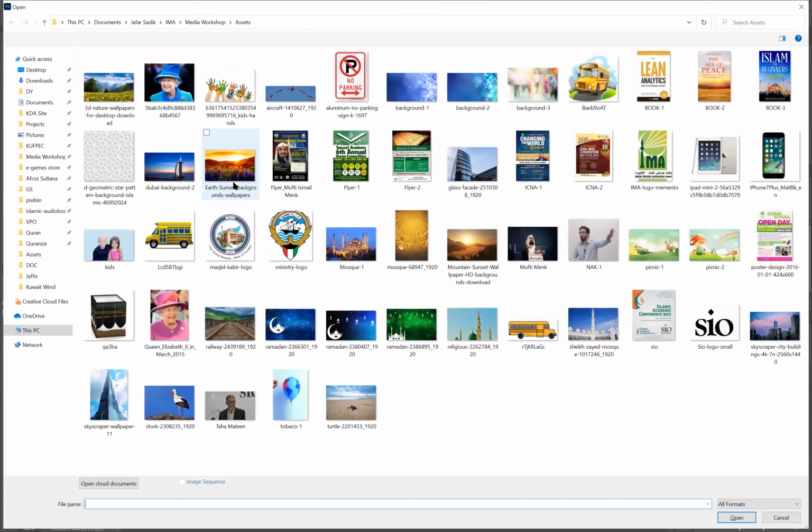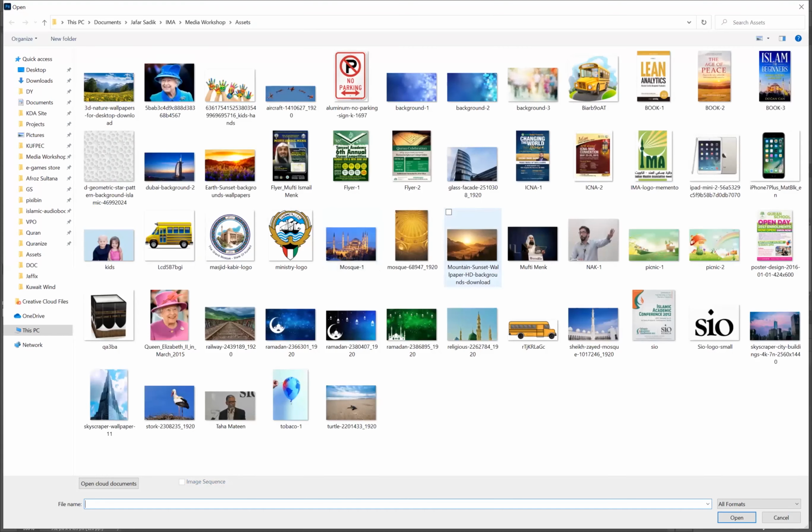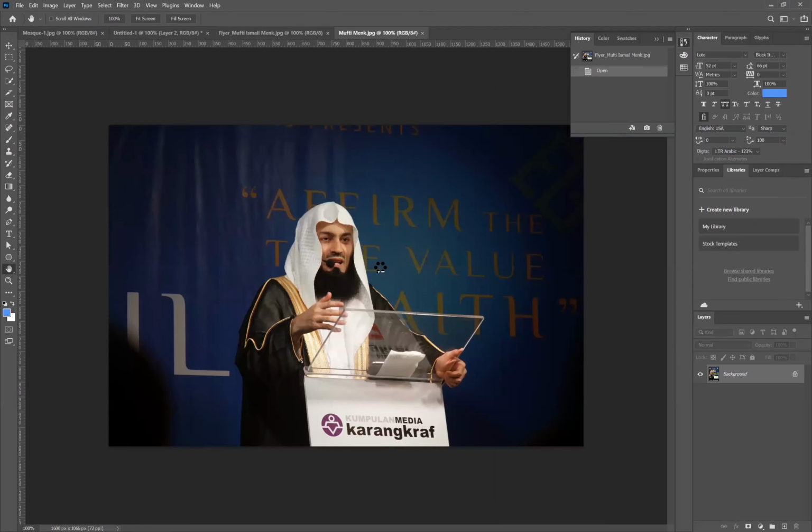Assume that you are creating a poster, like this one I designed when Mufti Menk came to Kuwait. If you want to remove the background from Mufti Menk, first you open the Mufti Menk picture. It's here.